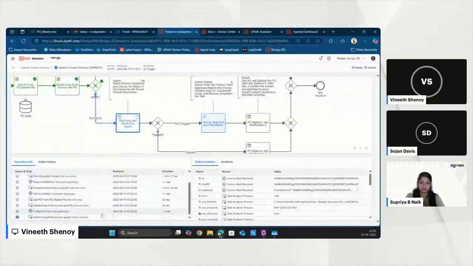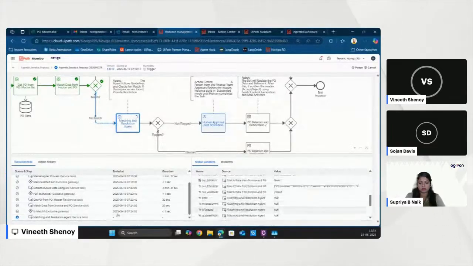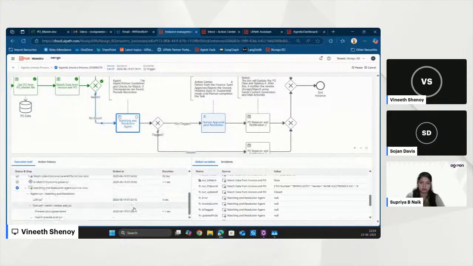So why did the agent trigger this? The reason being, I have an invoice where the bank account number does not match. So the bank account number in the invoice and the one in our ERP does not match. Now we'll see how the agent resolves this, because this could be a potential fraud scenario, which means the bank account number could be sent by a scammer or a fraudster in the same email as the seller.